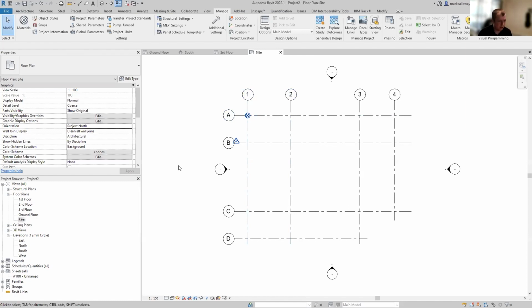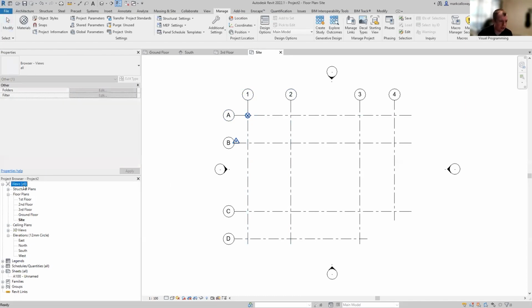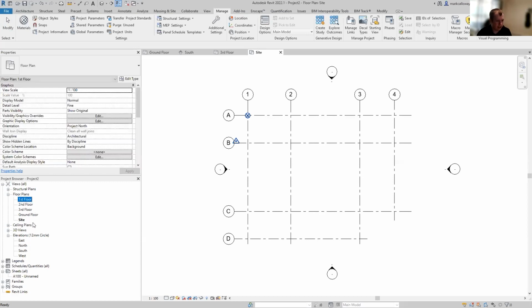The next thing we'll have a look at is the project browser. So we've created our levels, we've set up the grids, we've located our project. We now want to organize the views. At the moment, the way the project browser is set up is we have this heading here for views, where we can find all our views. It's then organized by the type of view, and then in there, we have the views themselves, which are just